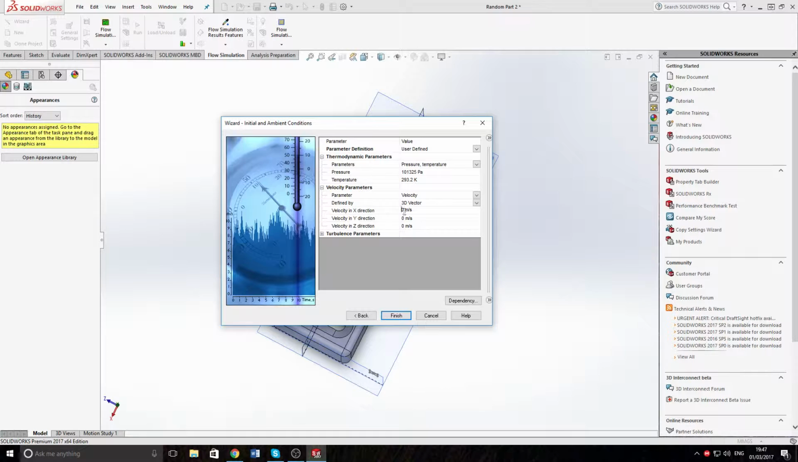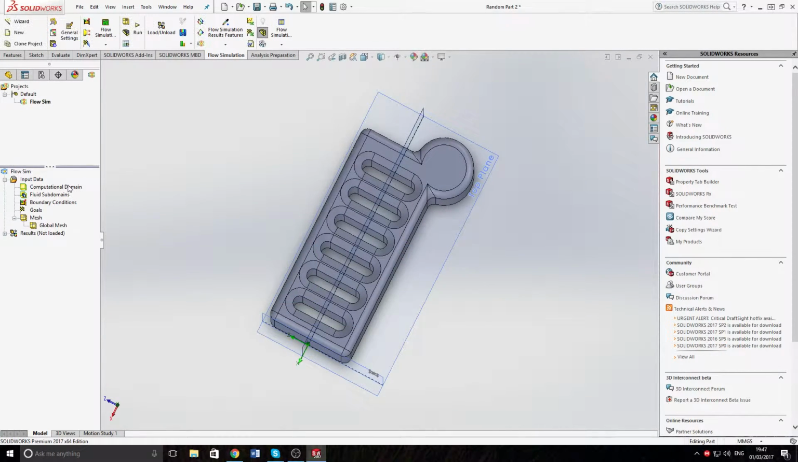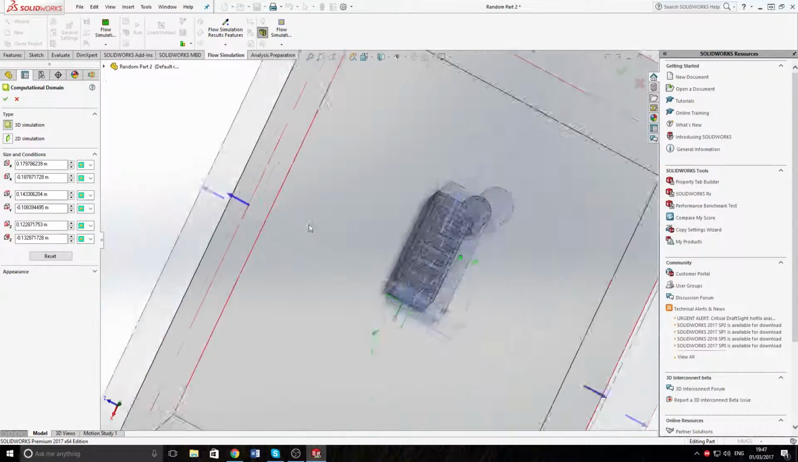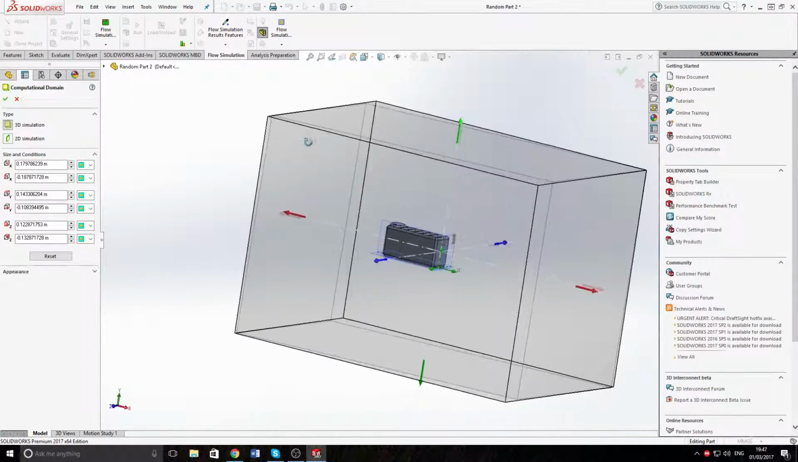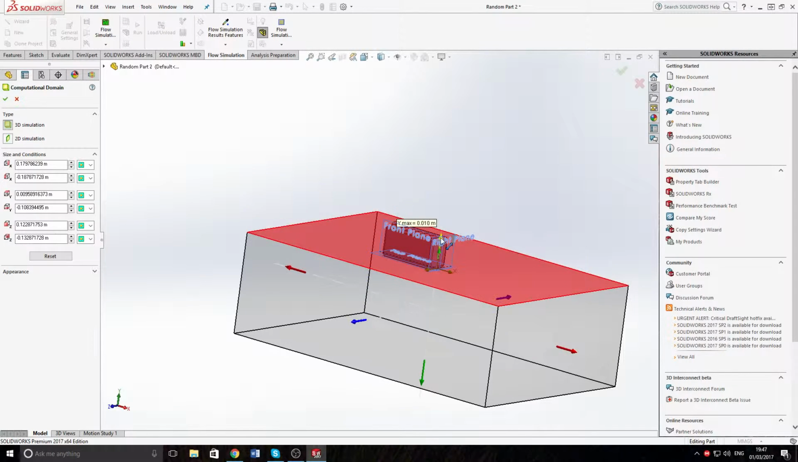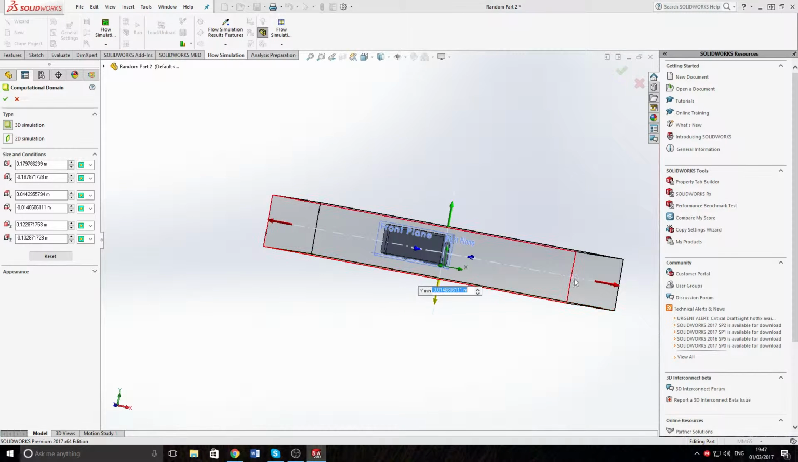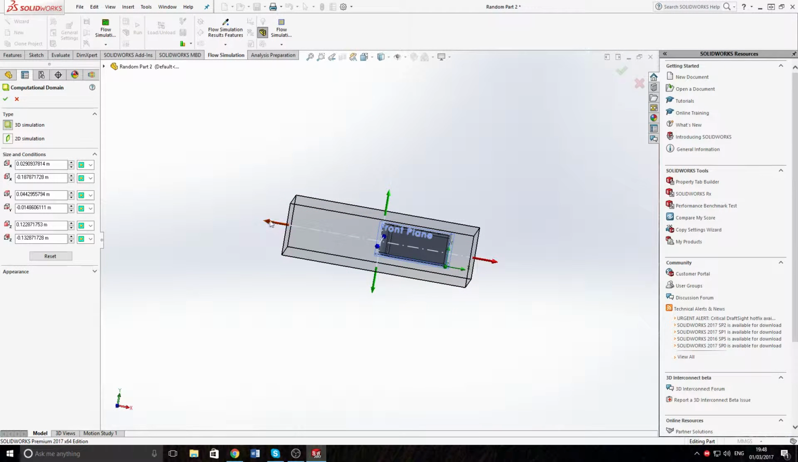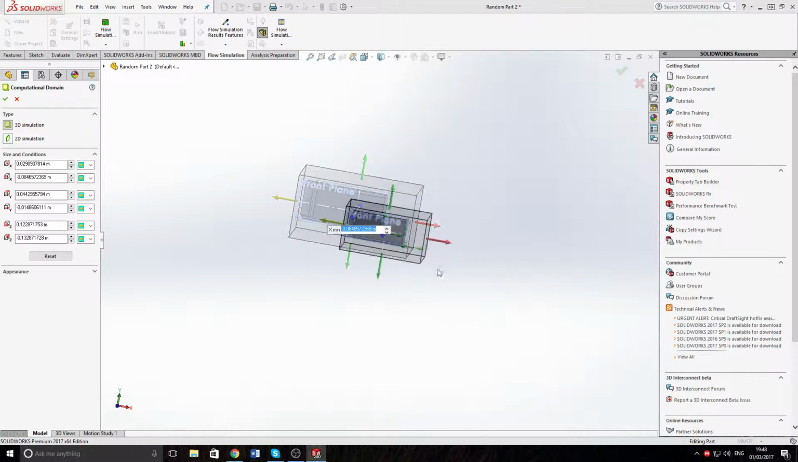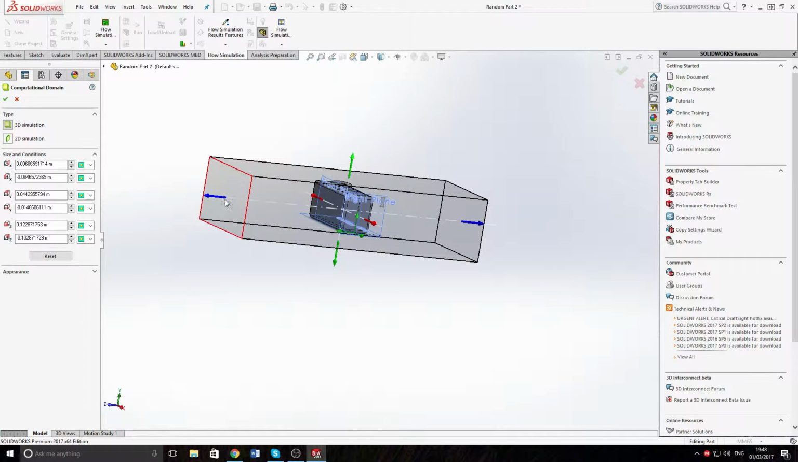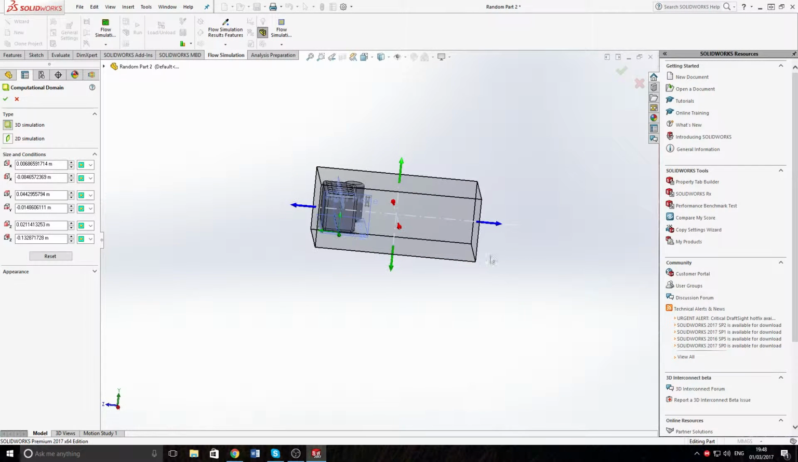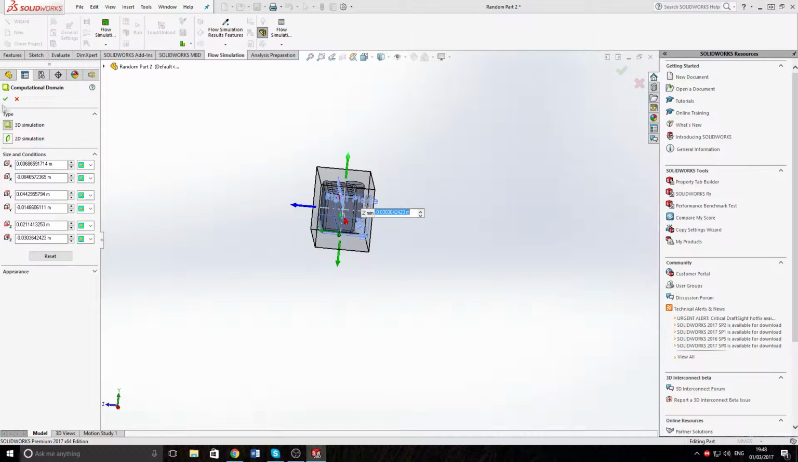So for this case we'll say 1000 meters a second velocity in the X direction, and then you just click finish. Then if you double click computational domain, this is the area that it will do its simulation in. So you want to get this as small as possible with all your part in it, because the bigger an area you have, the more it will have to do, so the longer it will take. So bring it in a bit more, and a little bit smaller there. So accept that,